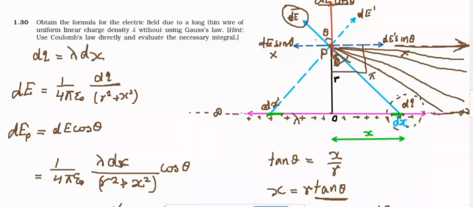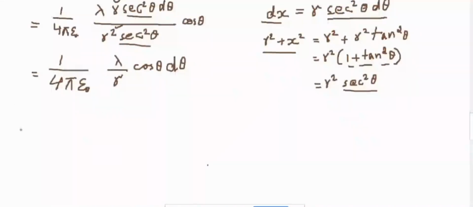pi by 2. And this side also you can see, again to the negative side, the same way. When it goes to infinity, angle becomes 90. So towards the negative side, it is minus pi by 2. That means theta varies from negative pi by 2 to positive pi by 2. Therefore, the total electric field produced E is equal to, we have to integrate the expression 1 by 4 pi epsilon naught lambda divided by r, integral minus pi by 2 to plus pi by 2